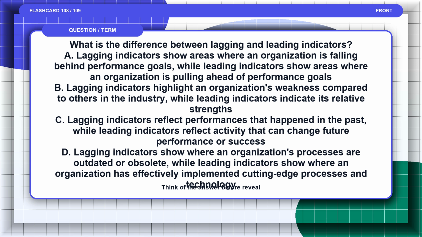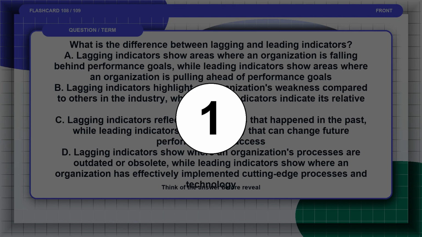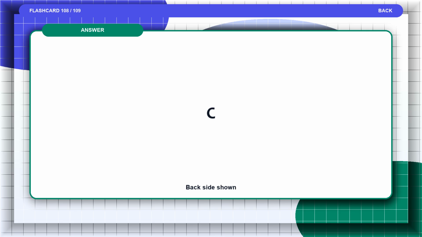C. Lagging indicators reflect performances that happened in the past, while leading indicators reflect activity that can change future performance or success. D. Lagging indicators show where an organization's processes are outdated or obsolete, while leading indicators show where an organization has effectively implemented cutting-edge processes and technology. Pause and think of the answer before the reveal. The answer is